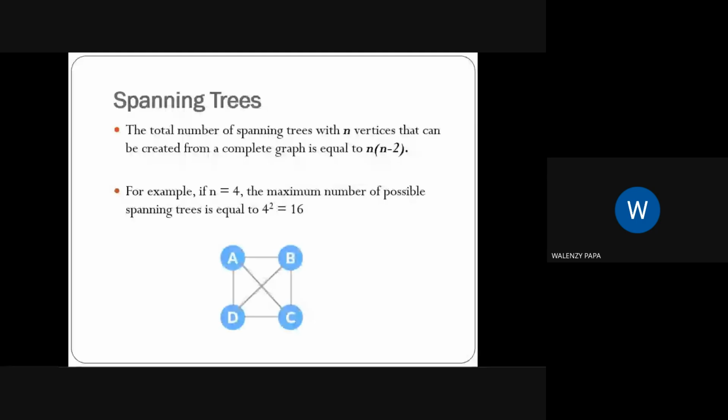So the calculation, how did you get the 16? Because per the formula up there, we are not going to get 16. I don't know whether we are applying the formula up there. Because it's n into bracket n minus 2. And if n is 4,